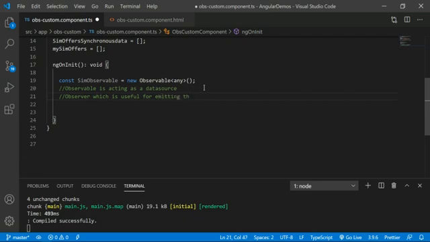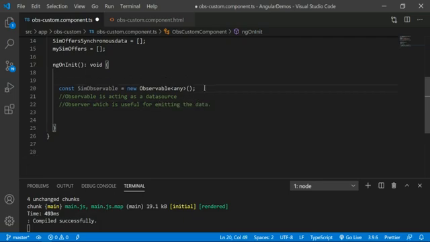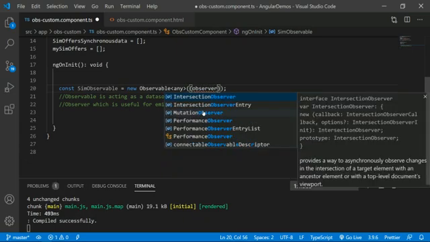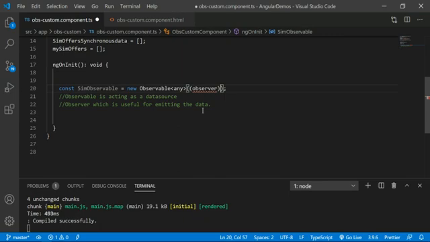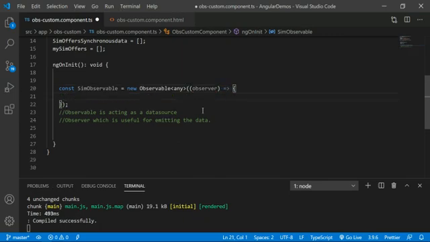Now, how do we handle the observer? For that, you take the observer as a parameter in this observable section. Based on this observer, I can pass the data to the subscriber.